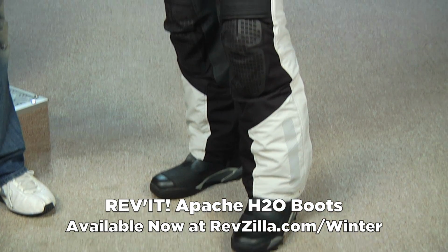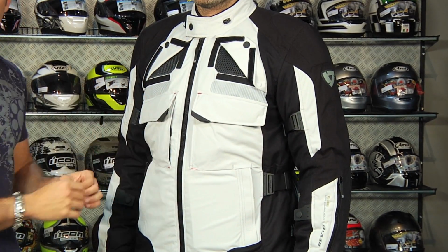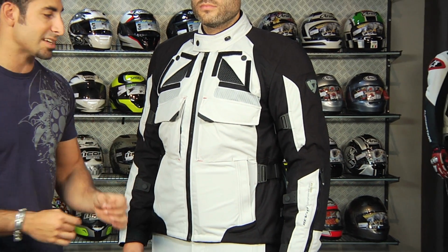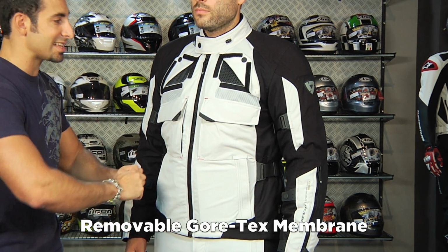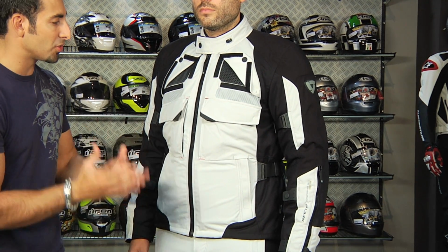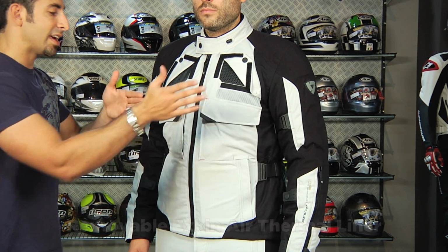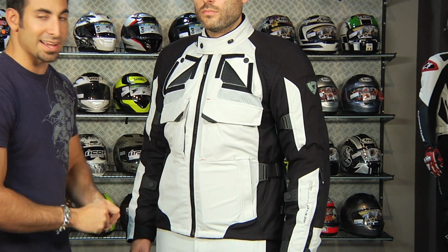Now, the key takeaways is the Defender is going to be a 4-season coat. It's going to have waterproof breathability provided by a removable Gore-Tex membrane built in, also with the pants, that's completely removable. And then you also have the X-Skin Air liner from a thermal standpoint that's removable as well. So really, it's shell, Gore-Tex layer, X-Skin Air thermal layer in both jacket and pants that make this a really